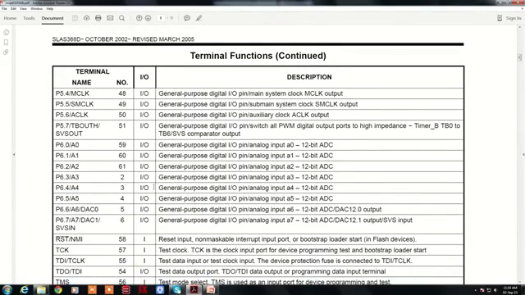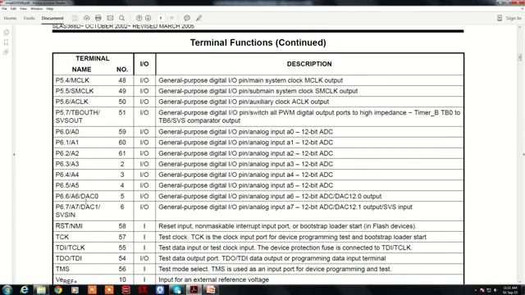The A to D converter is there on port 6. So port 6 acts as an IO port, but it also acts as A0 to A7, which are the A to D converters, 8 channels. However, the last two, that is port 6.6 and 6.7, also act as D to A converter. So DAC0, DAC1 is available on 6.6 and 6.7.